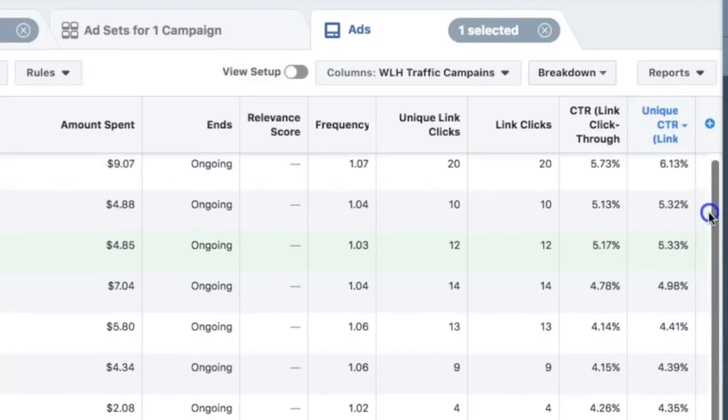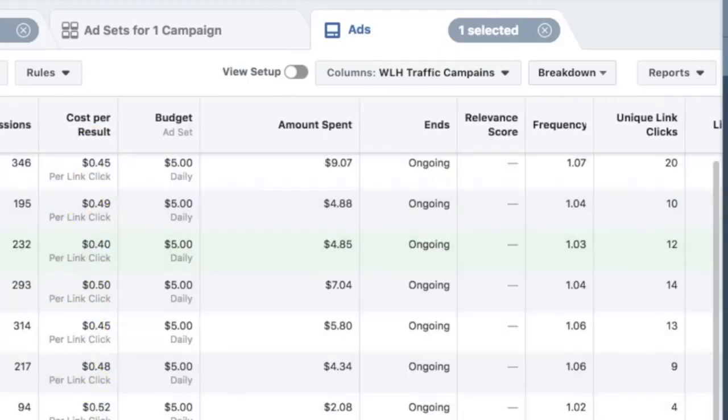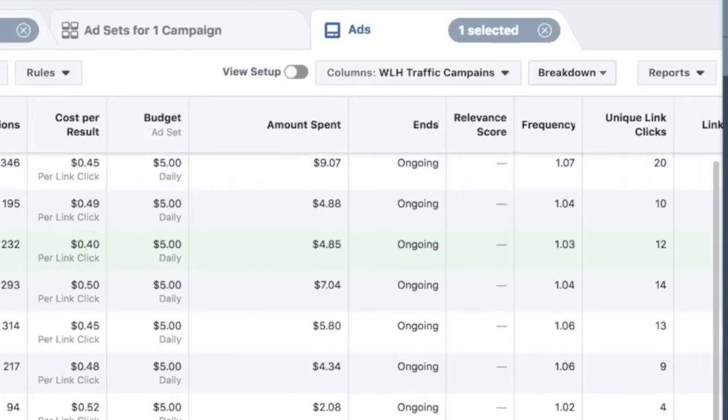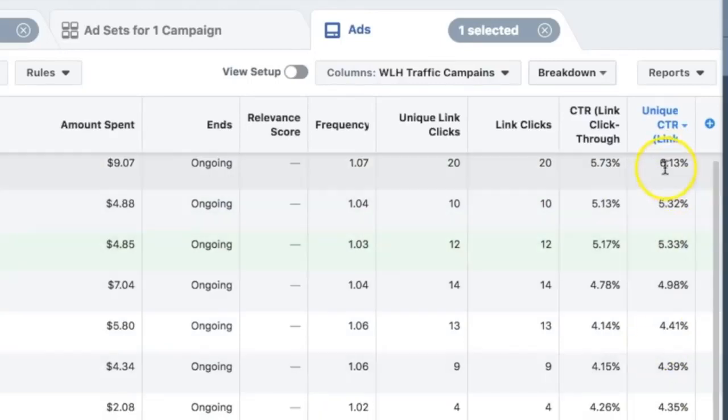Now some people may say, oh, if it has a low cost per click. But guys, believe it or not, right over here, the cost per click is irrelevant when it comes to optimizing, right? Now, if you have a low cost per click, let's just say for some odd reason my click-through rate wasn't that much, but I had an ad that had like 10 cents cost per click, I'm going to leave the ad running, right? Because it might be a profitable ad. But as far as optimization purposes, what's important is things like your click-through rate, right? So 6%, this is my winning ad. My click-through rate is